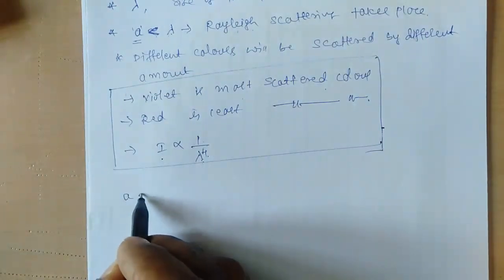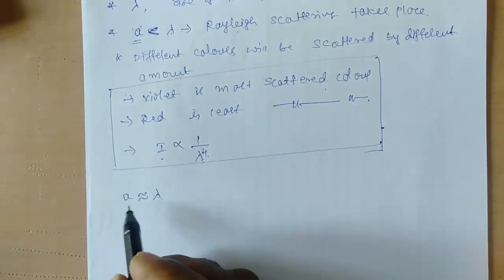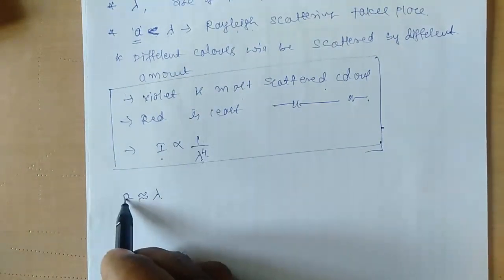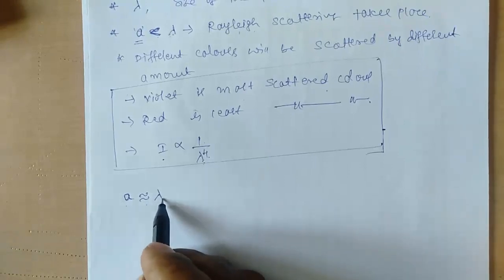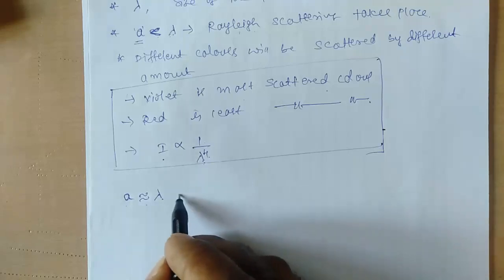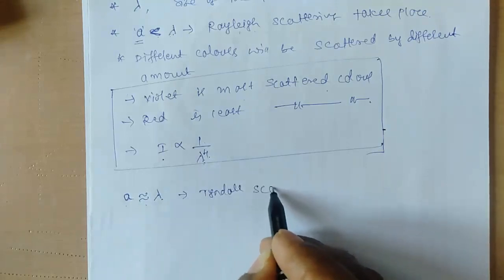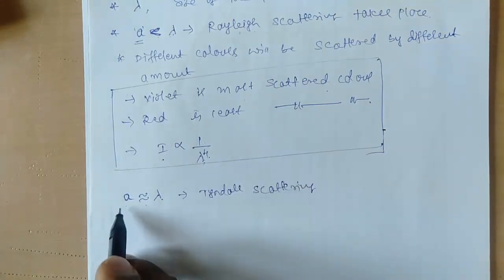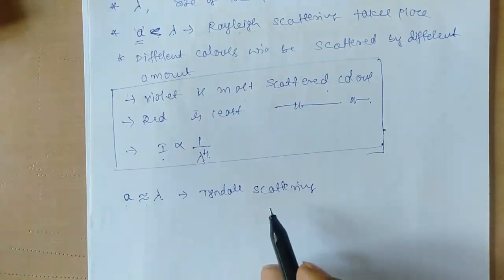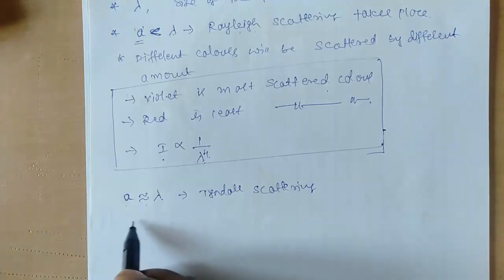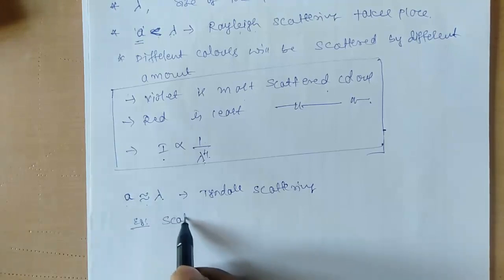If the size of the scattering particle is comparable or equal to the wavelength of the incident light, then the type of scattering that takes place is Tyndall scattering. So an example for Tyndall scattering is